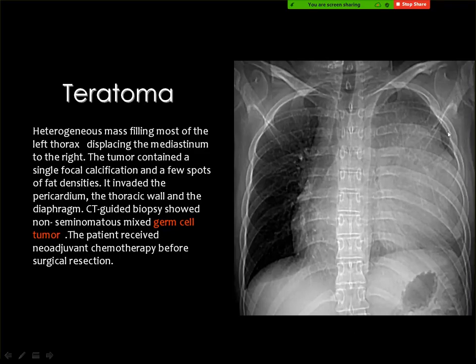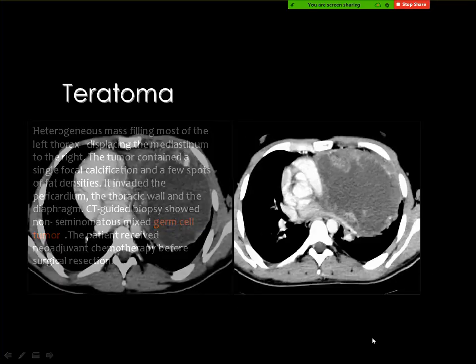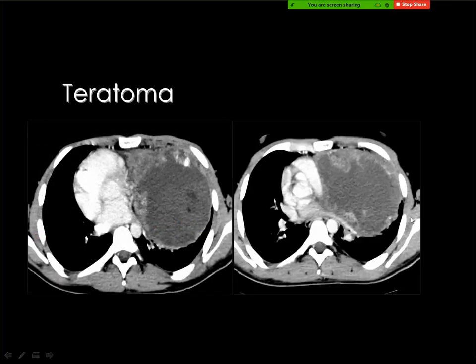And in the chest X-ray, you cannot say for sure that this is a mediastinal mass, but if you look carefully here, you see the mass is in contact with the mediastinum, compressing and displacing the heart, and contains some foci of fat together with calcification and fluid densities, then you reach the